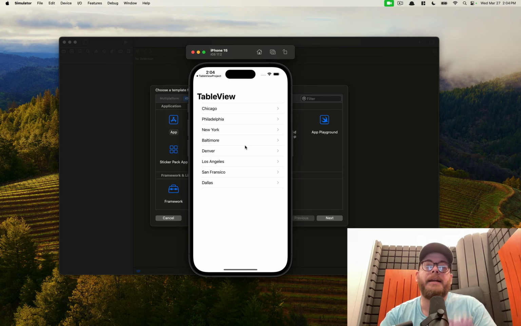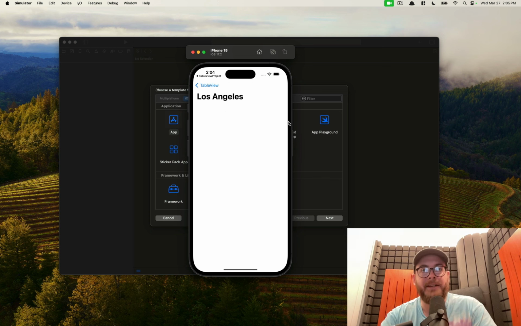Hey everyone, today I'm going to be talking about how to create this table view programmatically in UIKit. This is something that's extremely easy to do in SwiftUI, but doing it within UIKit without storyboards takes a little bit more setup, so I'm going to go into that. You'll be able to create all these cells for the data you have. You'll be able to tap it and navigate into the next view controller, and you'll be able to go back